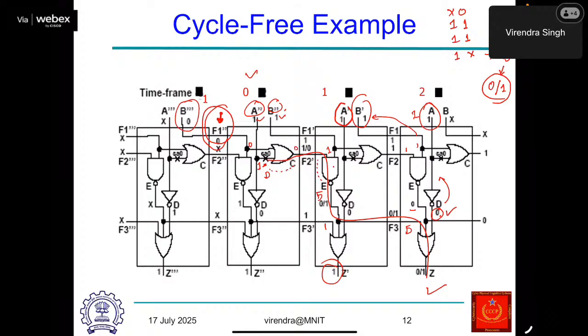I hope I have made it clear how you can unroll the circuit and generate the test vector. For cycle free, as I said, we need to unroll this for a limited time, and